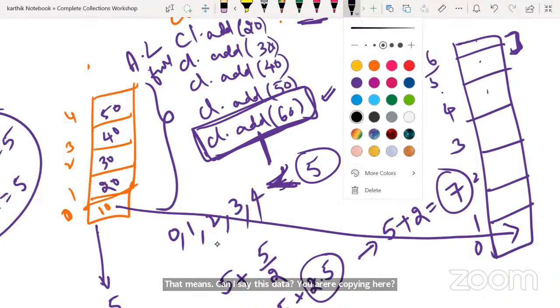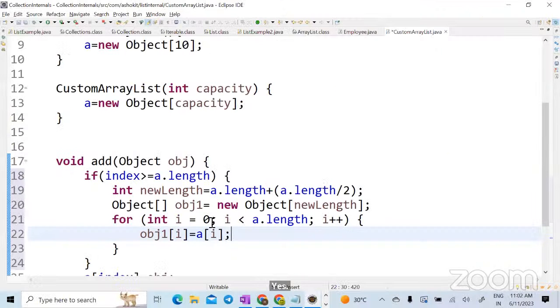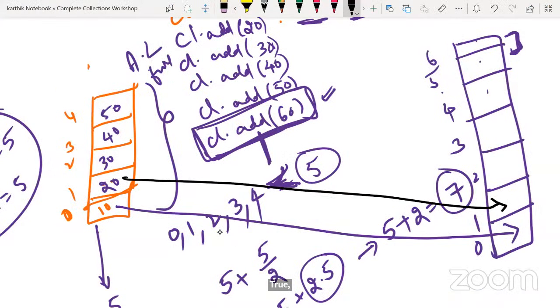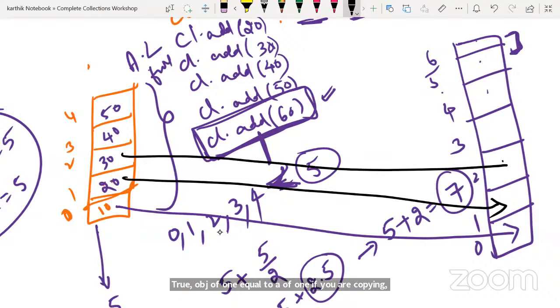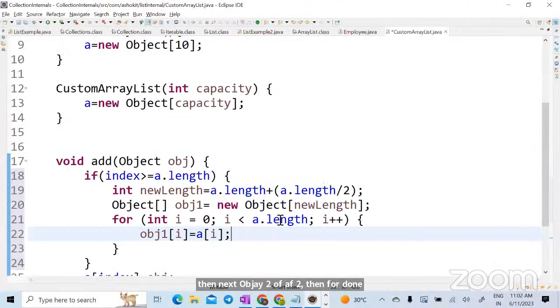Everyone? Yes, sir. Now, next loop will increment. I plus plus, I value will become 1, less than 5, true. Obj of 1 equal to A of 1. This you are copying, done. Next, obj2 of A of 2. 3, then 4, done. Now, whenever the I value becomes 5, 5 less than 5, can I say it will